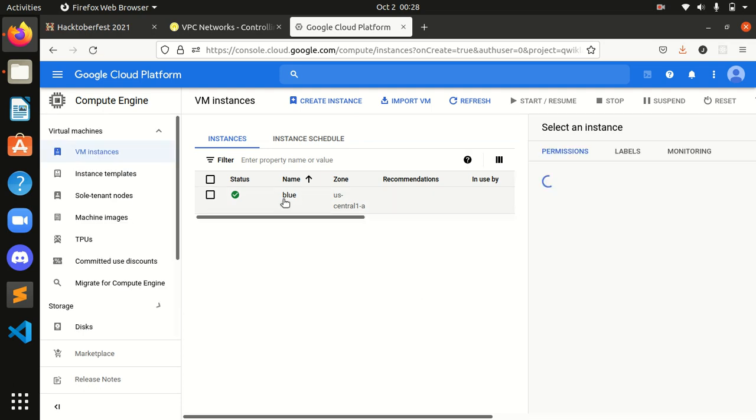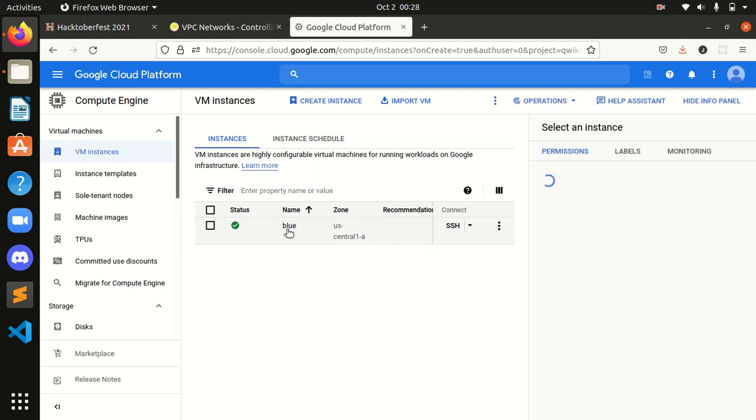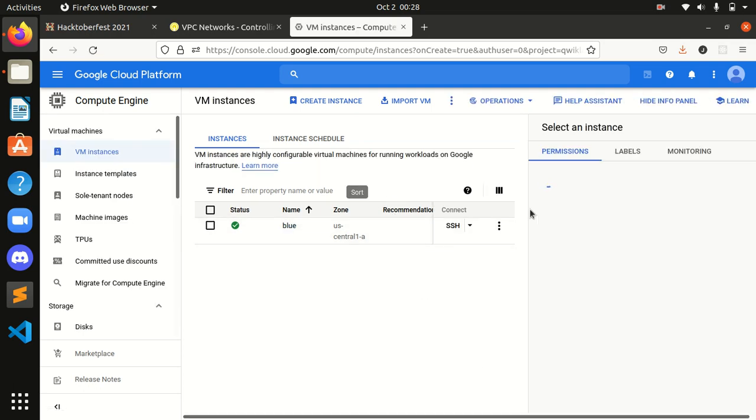Okay guys, as you can see, we have created our instance, and it is showing that our instance blue is created here. First let's start it from here also.